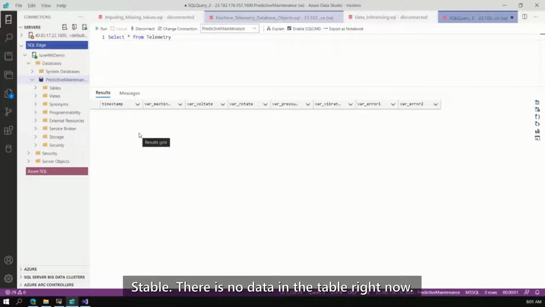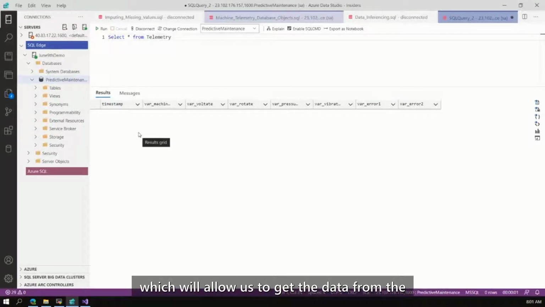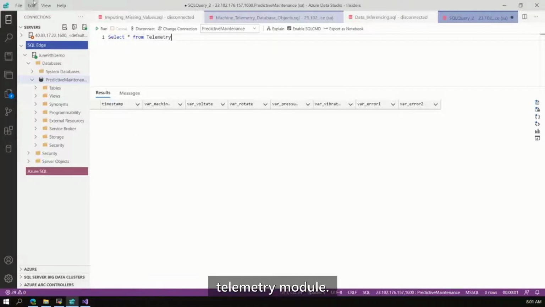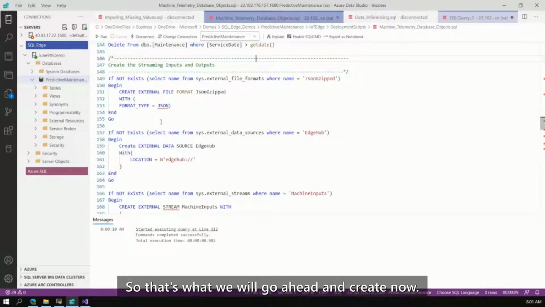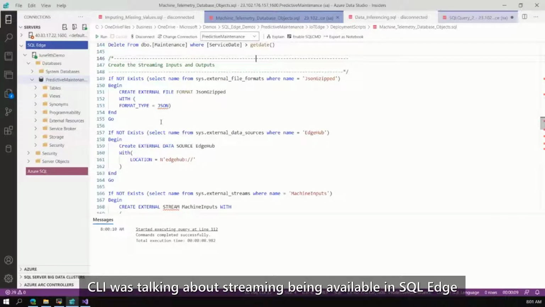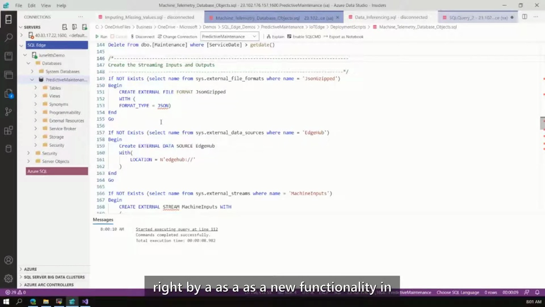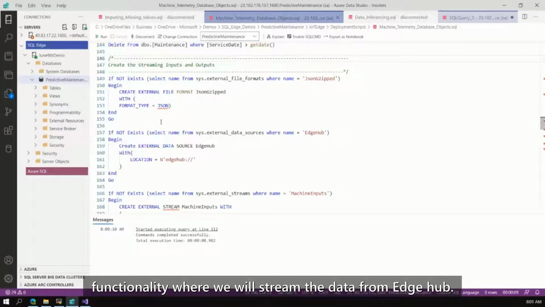That's because we haven't yet created the mechanisms which will allow us to get the data from the telemetry module to the SQL module. So that's what we will create now. If you remember, Sia was talking about streaming being available in SQL Edge as a new functionality in SQL. We are going to make use of that streaming functionality, where we will stream the data from Edge Hub